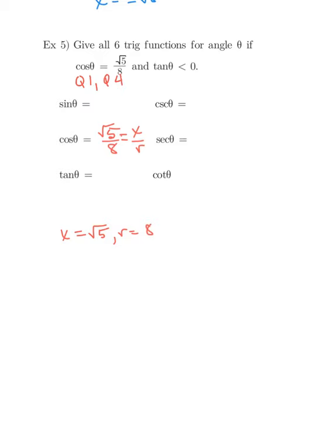This second item, tangent theta less than 0. Now remember what that means when you say less than 0. We are being told that tangent is negative. What quadrants has tangent negative? That happens in quadrant 2